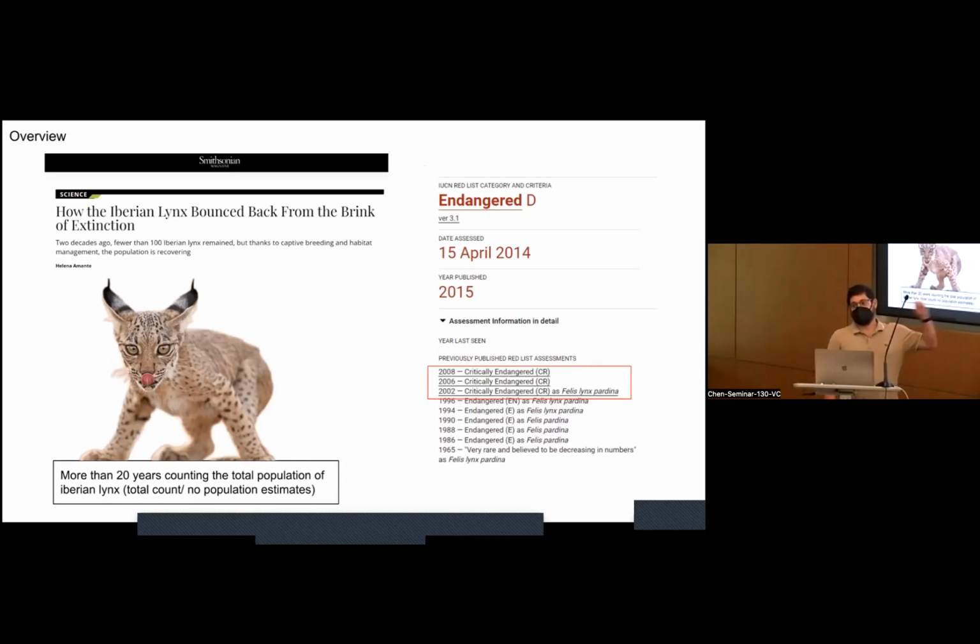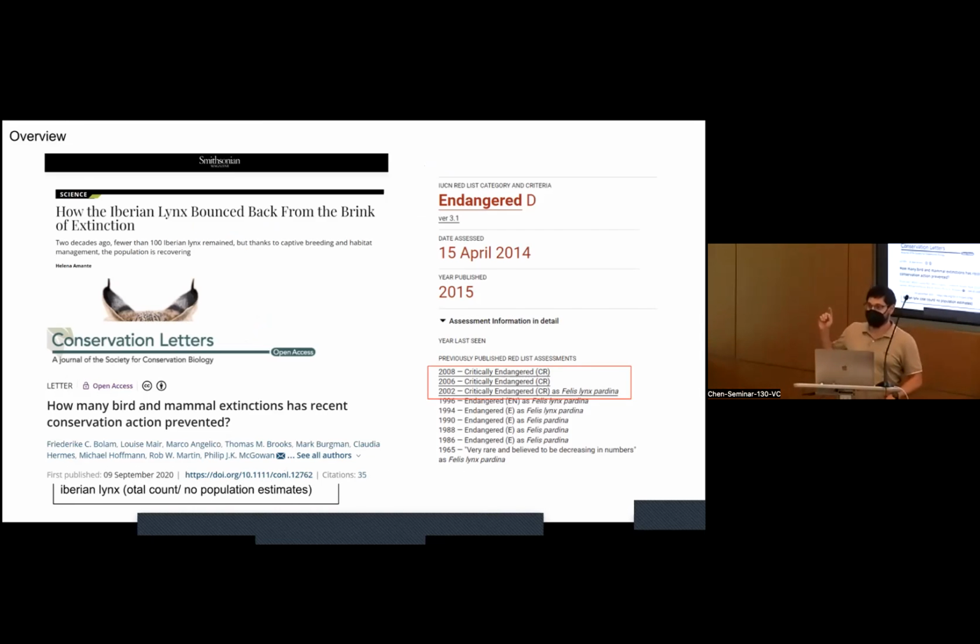The Iberian lynx is one of the unique species. There are not many species that have gone from endangered, to critically endangered, and now just endangered. And in the next year or so, it is going to be vulnerable. So this is a really good story, but for me, it is more work because